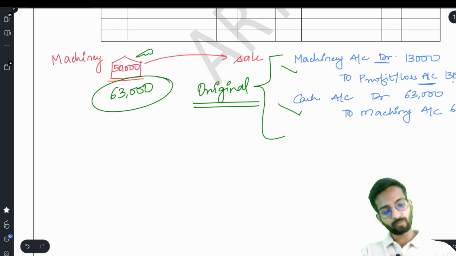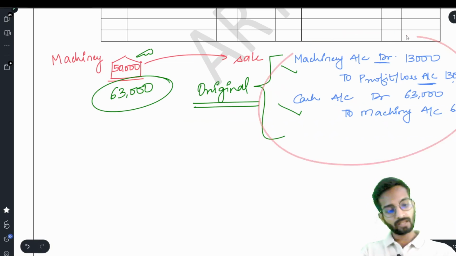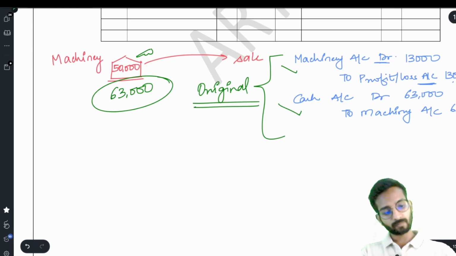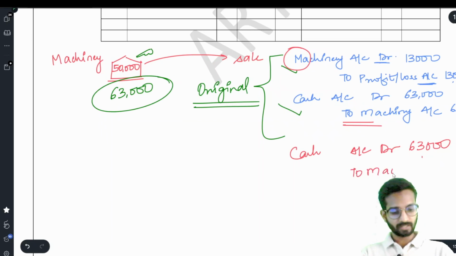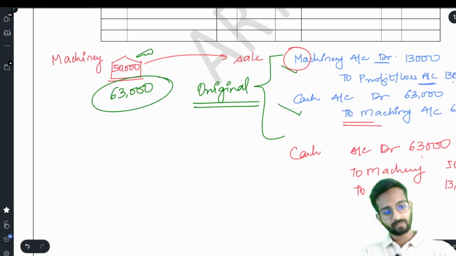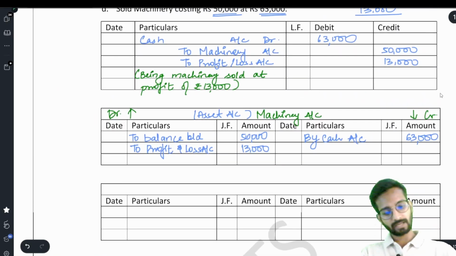Now if I want to make a combined entry of this thing, the combined entry will be cash account debit, then how much? 63,000. Now see, machine was debited by 13 and credited by 63. So they are writing to machine 50,000 and then to P&L 13,000. And this is what we have written on the first page: cash account debit to machinery to profit and loss